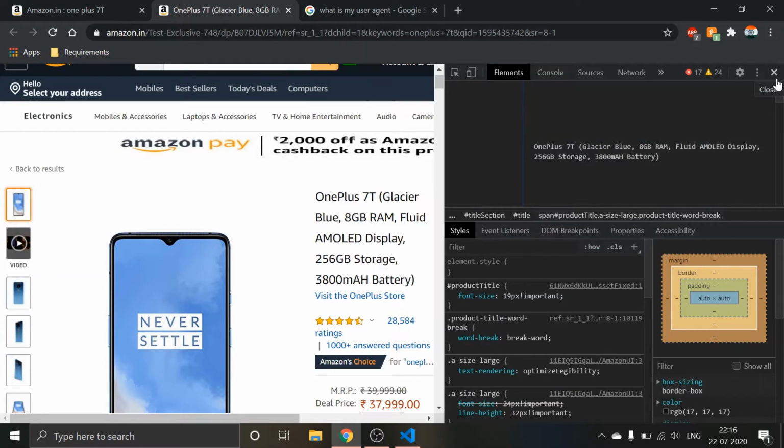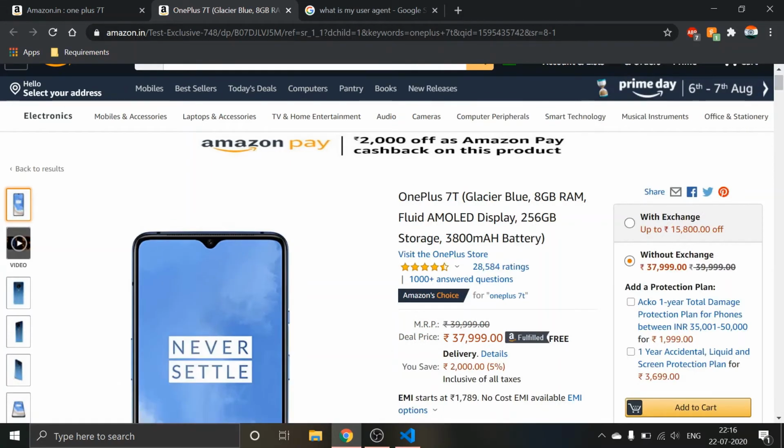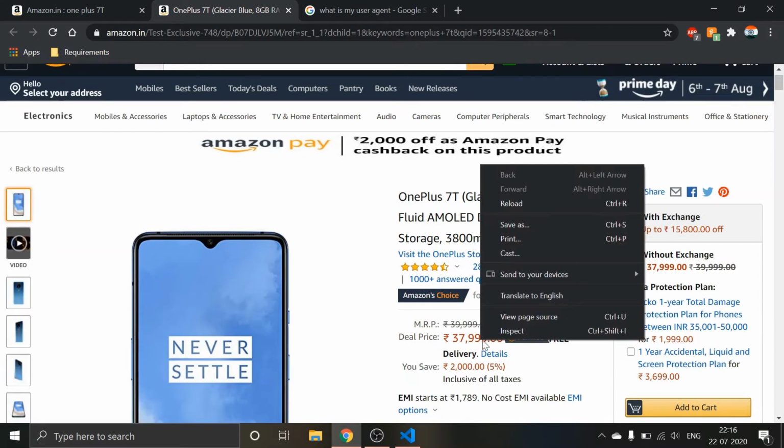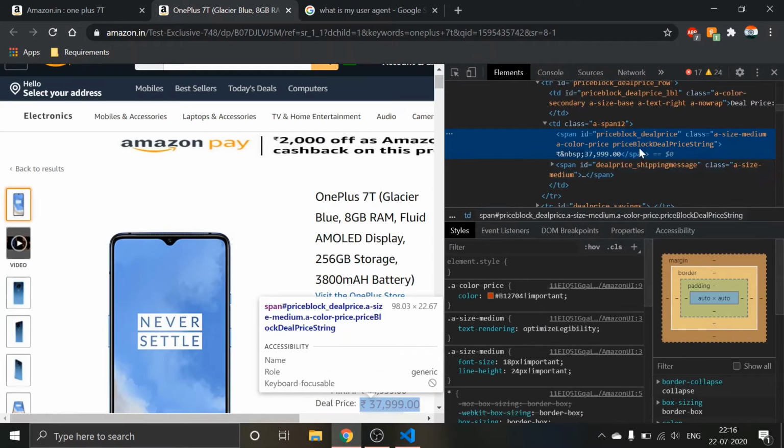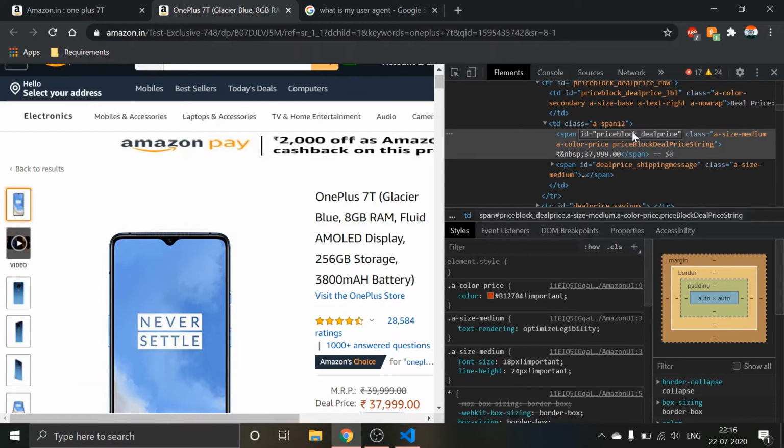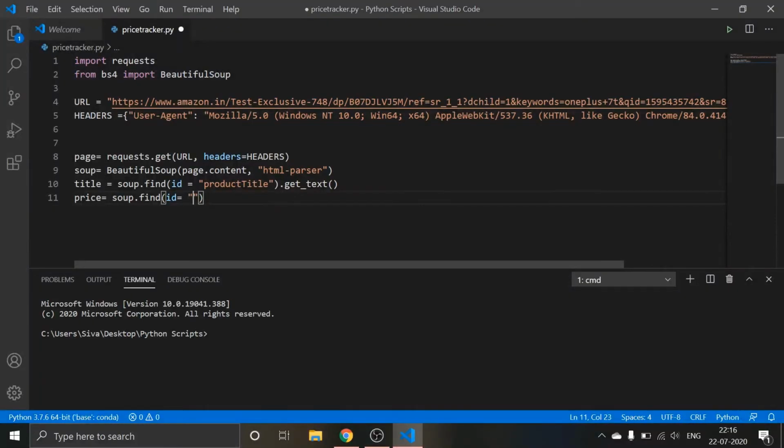Here the id is price block, so I'm copying this one and pasting it here. The same thing follows here too.